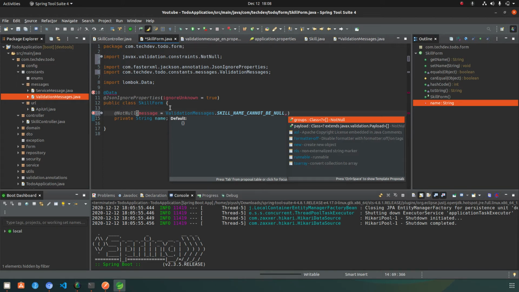We do not need to worry about the payload, because we will not be using the payload concept here or in the further videos. But for the validation part, using the not null, not empty or not blank kind of validation annotations, the group attribute is most important.